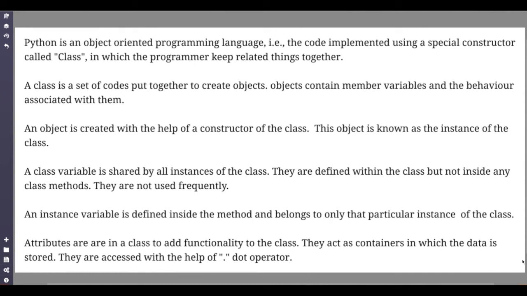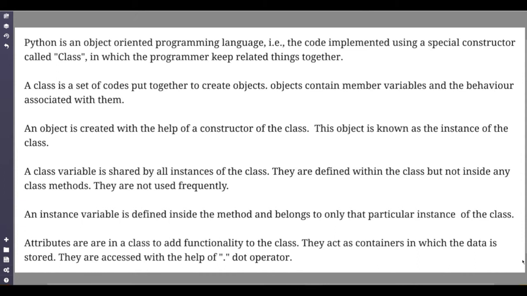Coming on to what is a method. A method is a function that we create inside a class. The class variables are not frequently used. An instance variable, on the other hand, is defined inside the method and they belong only to that particular instance of the class. Attributes are